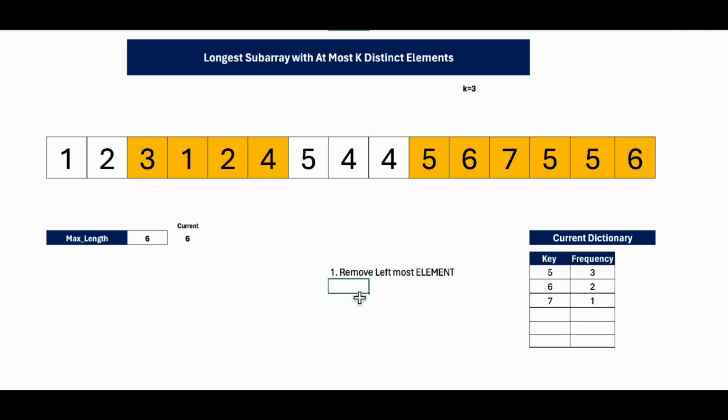So remember, whenever I see a criteria that the number of elements in my dictionary becomes greater than or equal to 4, if you see 1, 2, 3, 4, whenever I see such a condition, first of all I have to remove the element from the left hand side. So technically, remove the leftmost element. Second, reduce the frequency of that element